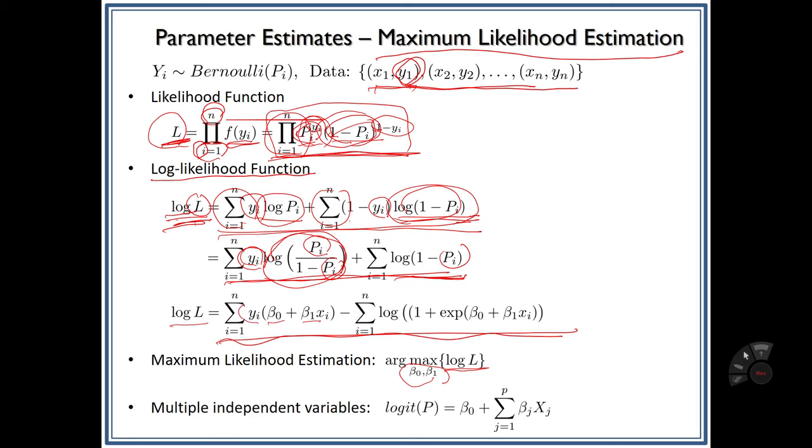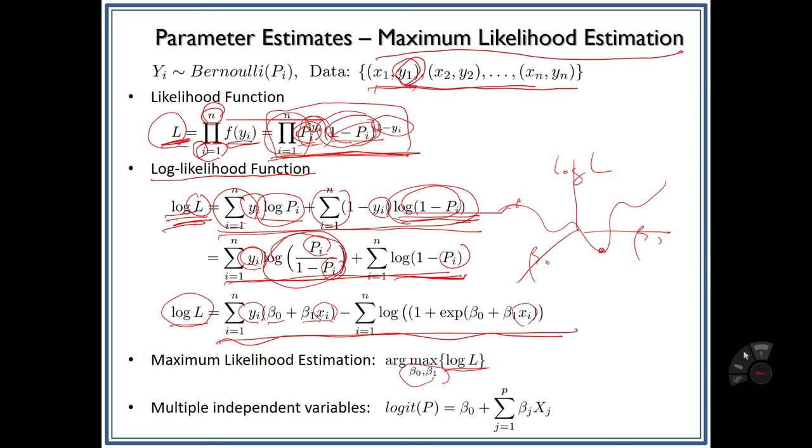Because this yi is a number, a value, this xi is a number value, and this one is a number, right? So this log likelihood function is in three-dimensional space. This one is beta 0 and beta 1. This is log L. It's a kind of nonlinear surface. There must be a nonlinear surface, and then we have to find that